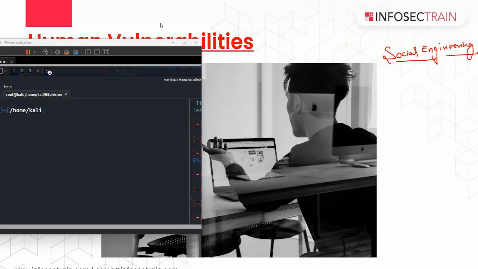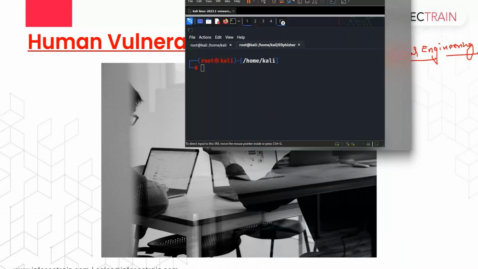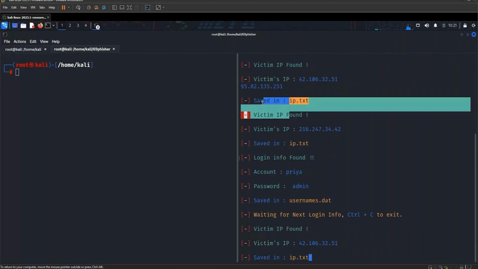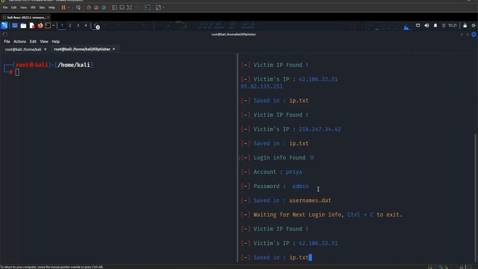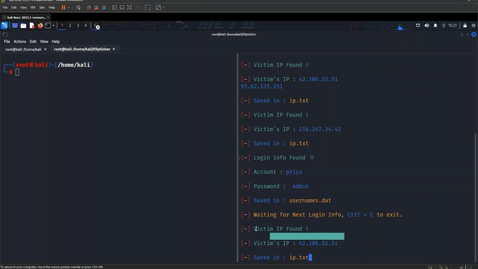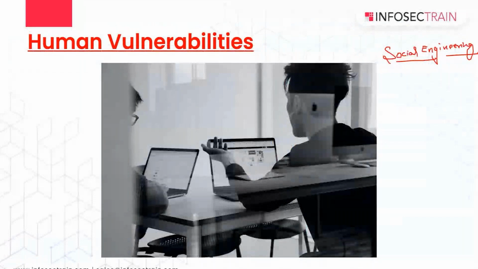Now, if you see here on the right hand side, I have the IPs of all of you guys who clicked on the links, right? And the username and password that you have entered, right? So once you just click on the link, your IP is with me, right? So that is how attackers make you fall in the trap,